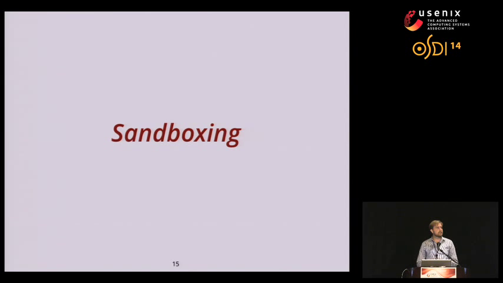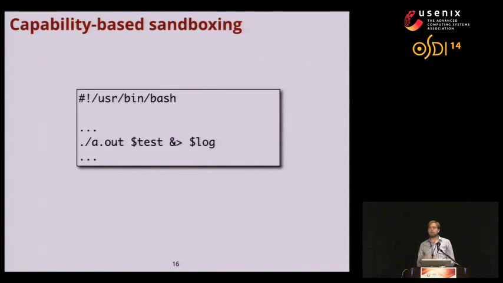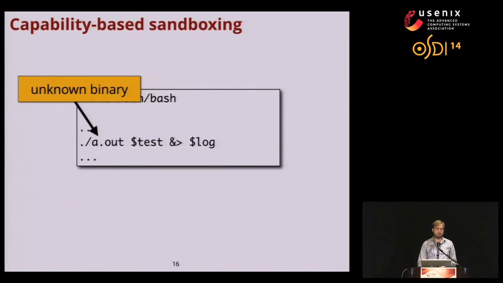So the third key feature of SHILL is capability-based sandboxing. So you've probably been thinking that one of the key characteristics of scripts that doesn't seem like it's appeared so far is that they often call other scripts or programs to actually get their work done. So suppose I'm writing a script to test some software that I just wrote. At some point, I actually need to run the program that I just compiled. But this program could do absolutely anything, right? So to be able to use SHILL for this type of task, I need a way to enforce its security